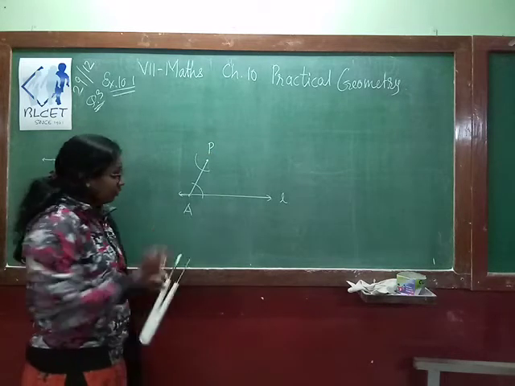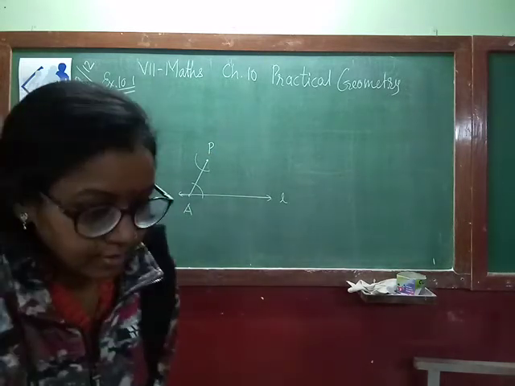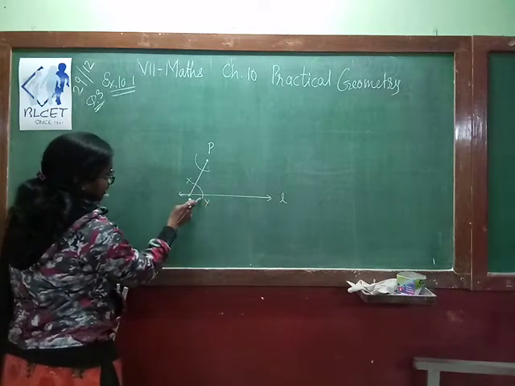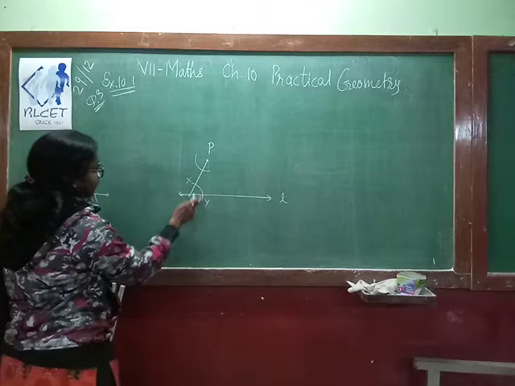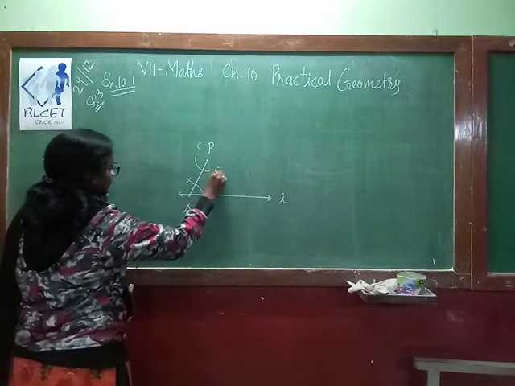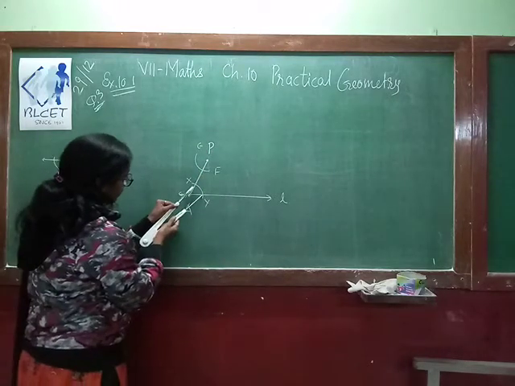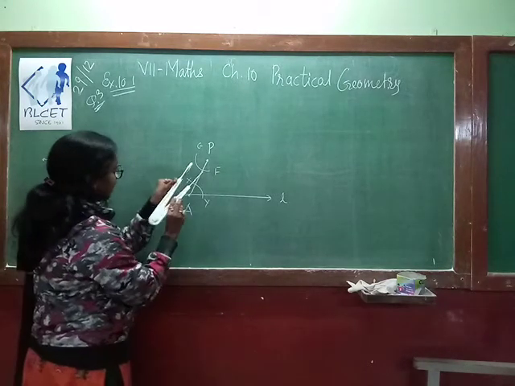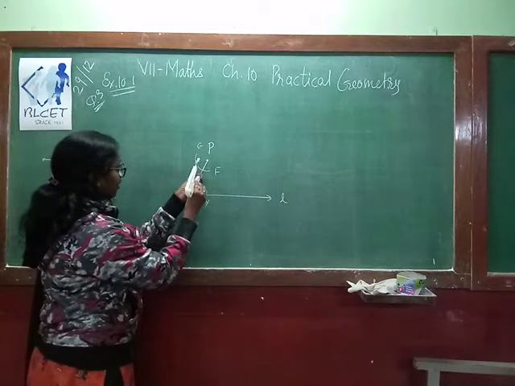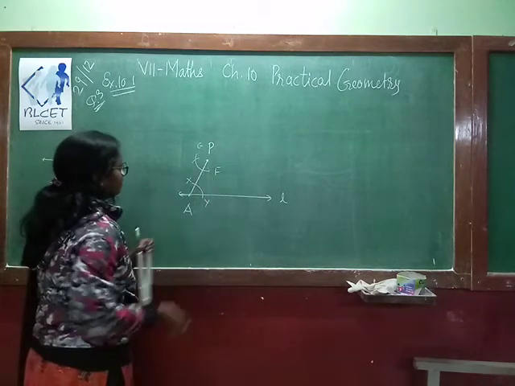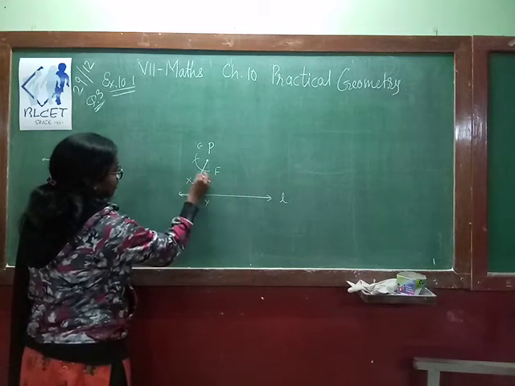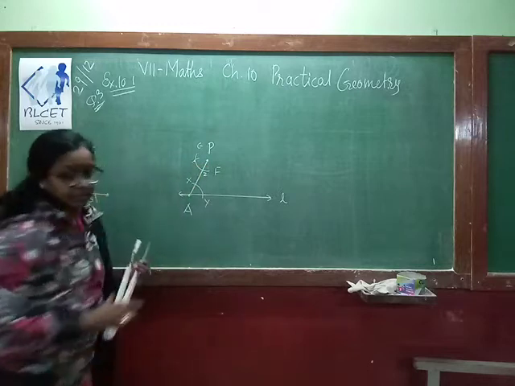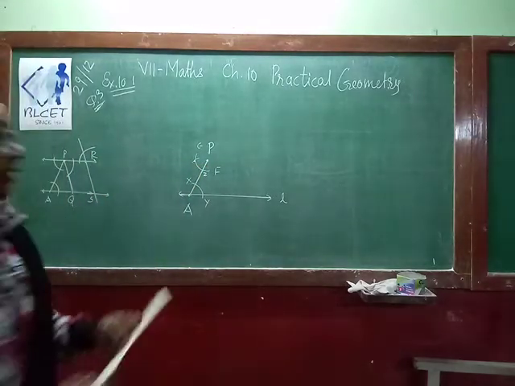Now what you have to do? Measure this distance. Which distance? X, Y. You have to measure the distance between this X, Y. You can name it as E, F. So this is the distance. Do not change this distance and from here draw an arc. Name this as Z. So you are getting one more point over here. Now what you have to do? Join these 2 points and draw the line.